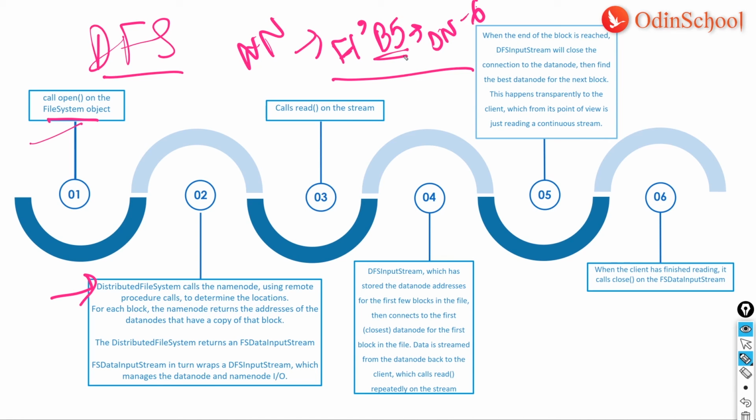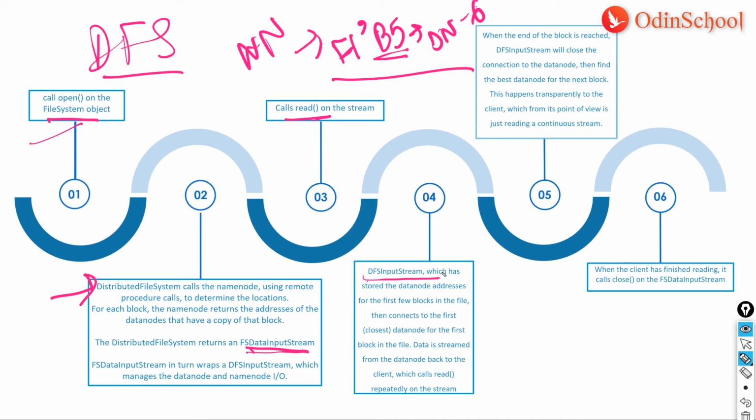So the distributed file system will always return you an FS data input stream object, which is a kind of input stream that supports the file seek operation, and that would be returned to the client so that it can read the data from the FS data input stream. That, in turn, will wrap the DFS input stream, which manages the data node and name node input output. Then the client will call the read method on this FS data input stream object. Now,